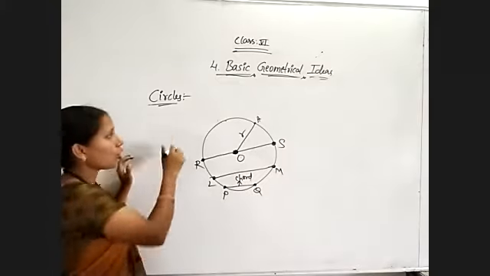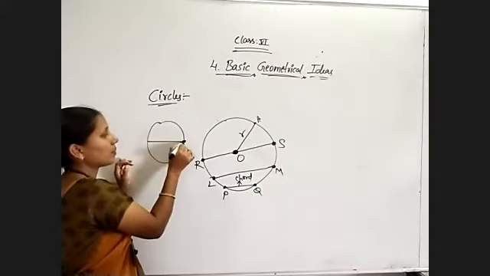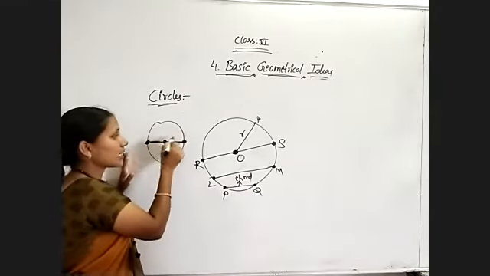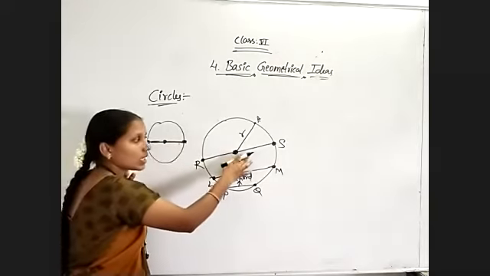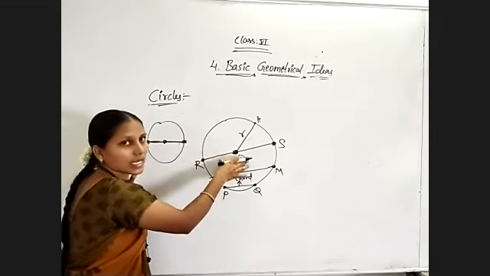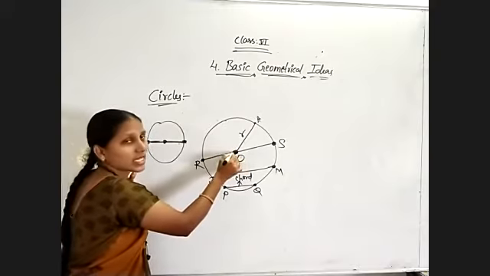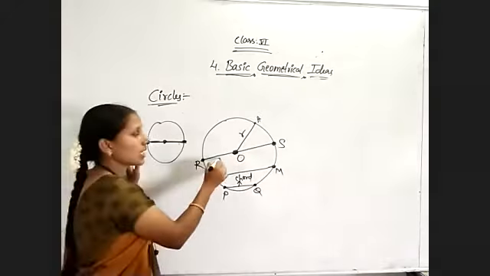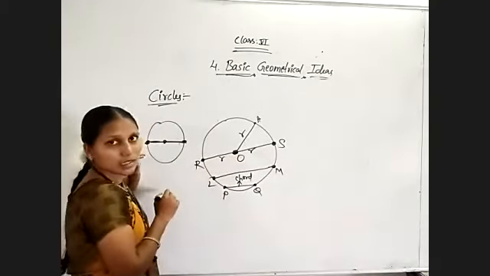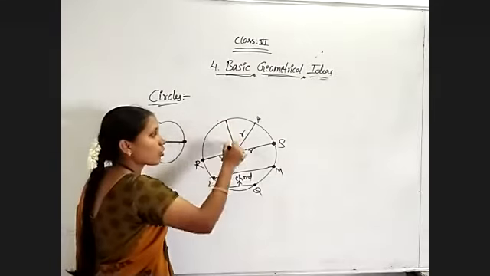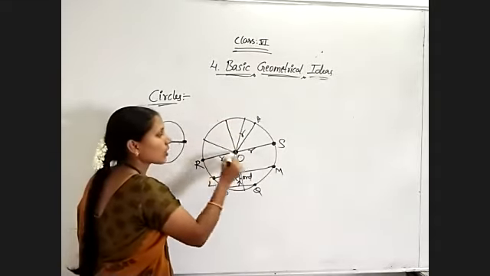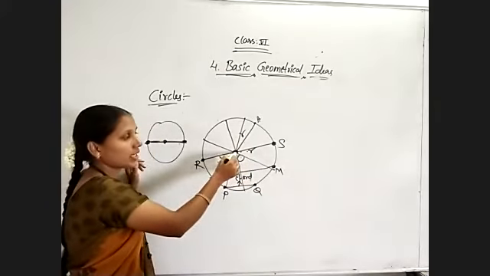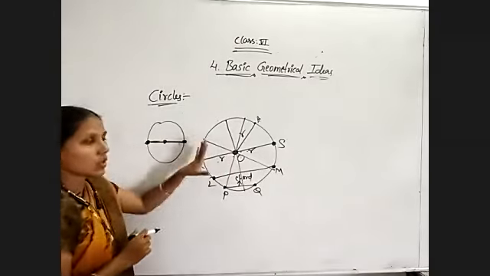See, in the case of a globe, this middle line, that is known as the equator. The equator has the highest length. No? Here also the diameter which is passing through the center, the chord which is passing through the center, is the longest chord, and it is termed as diameter, whose length is given by twice the radius. And we can draw so many diameters, and all those are equal. So many diameters we can draw through one point, through its center. All those are equal in length.